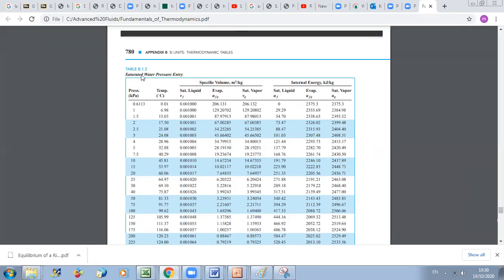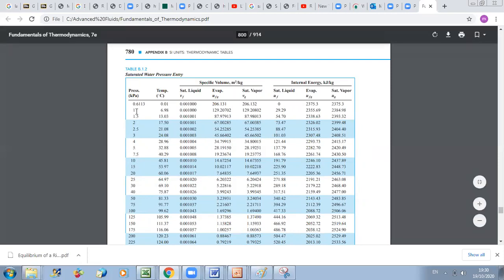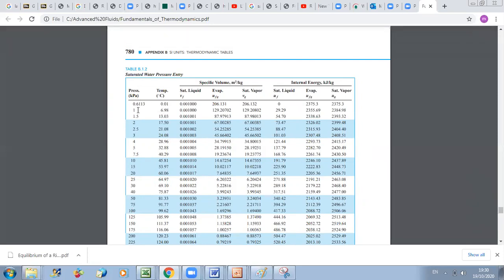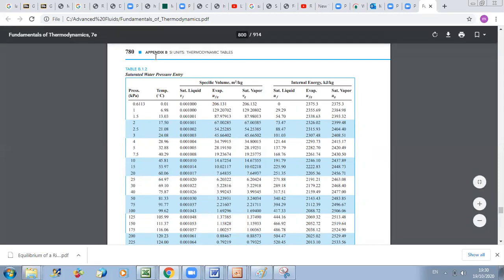So if you know the pressure in your problem, you go to these tables where the pressure is the input, so they are organized by pressure value. And if you have the input of temperature, you will go to the other tables, because they are ordered by temperature. Okay, so it depends on what is given in the problem, you decide which table to use. So we will continue